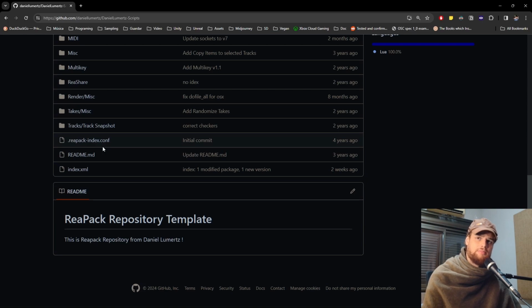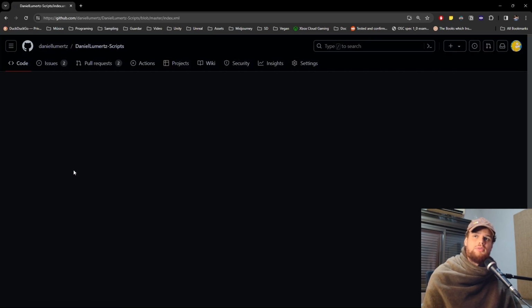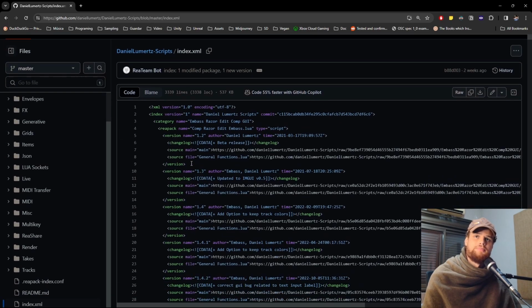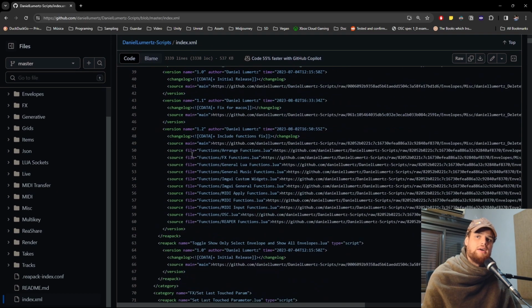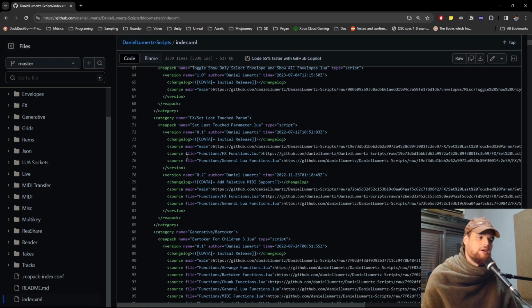But much more important, there is this index.xml. If we enter here, we are going to see the index.xml file, and this is what you need to be